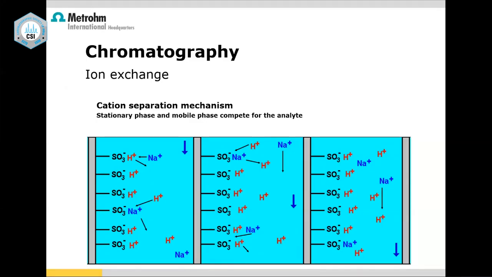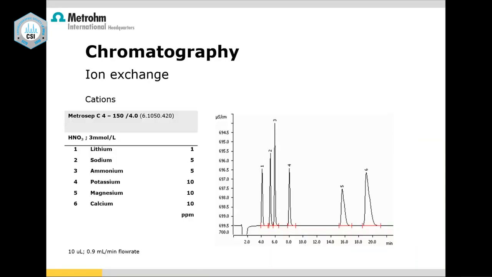As I said, we are not going to do this for sodium analysis only. It's not going to be for one component, but for multiple components in a mixture. If you see this example, we are using a 15 centimeter column. You see the mobile phase concentration is very, very dilute, so the consumption of chemicals is also very, very less, 3 millimolar. And how much are we going to use? Only a 0.9 ml flow rate.